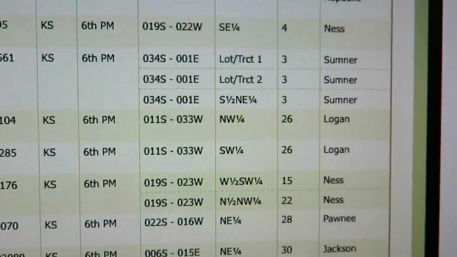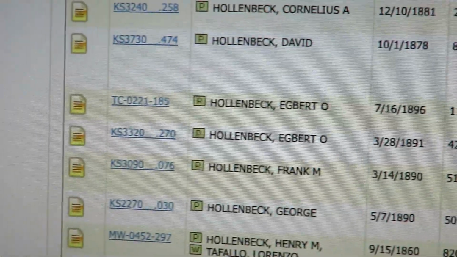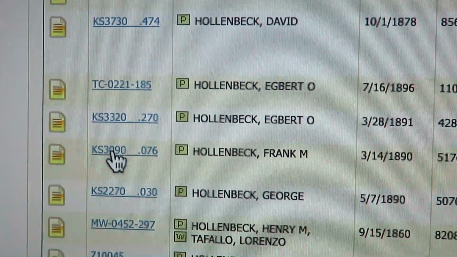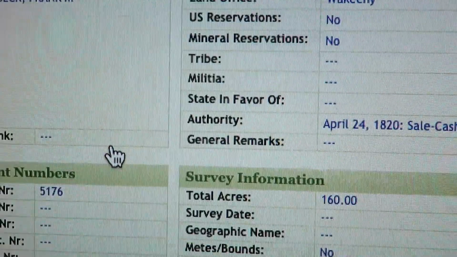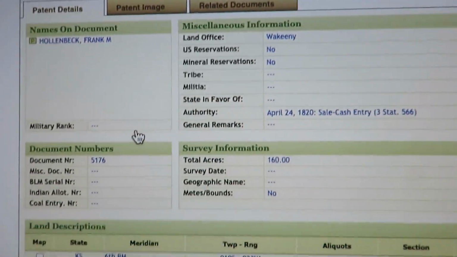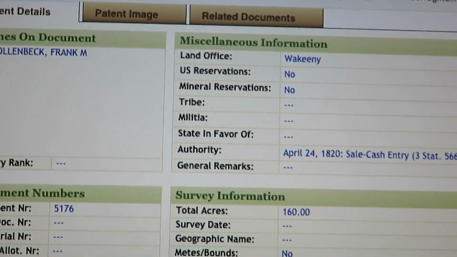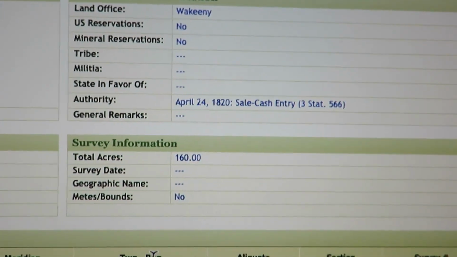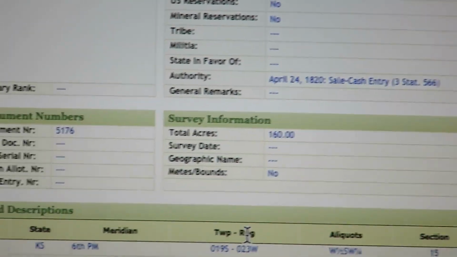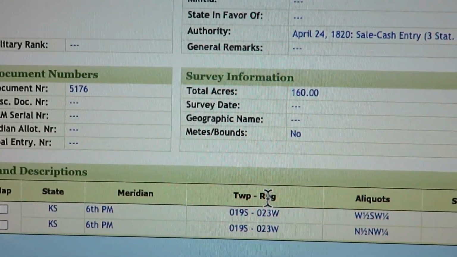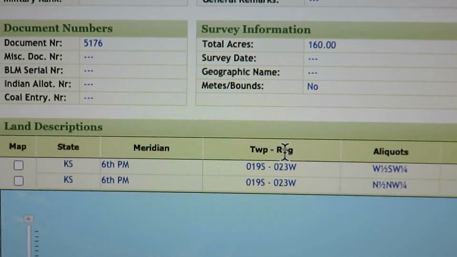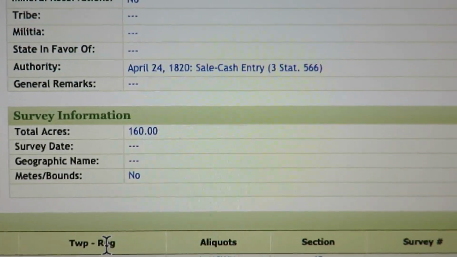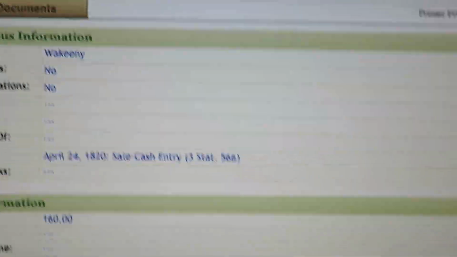Then I'll go back over here and click on that, and that'll bring up his information with his name and a little information. This almost only shows the first person to take out the homestead. Once they sell it, it doesn't usually get recorded, although once in a while it does. So it tells you the total acreage,